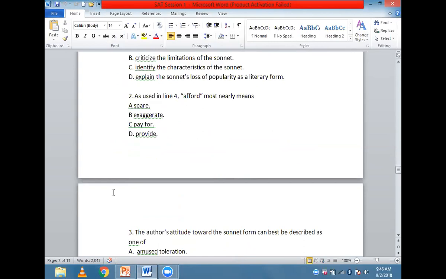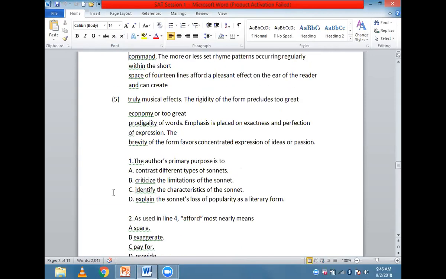The second question is a vocabulary in context question. As used in line 4, afford most nearly means. So what I like to suggest students in this particular type of questions is that don't pay attention to the options yet. Just go to the line, the fourth line, and try to imagine a blank over here.